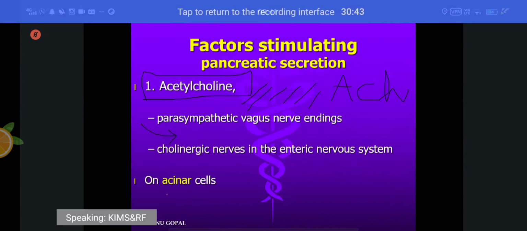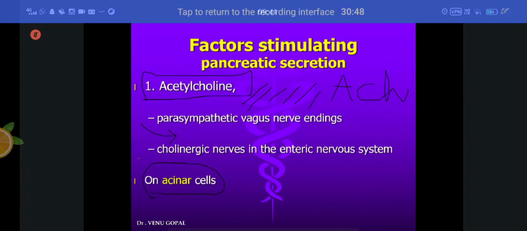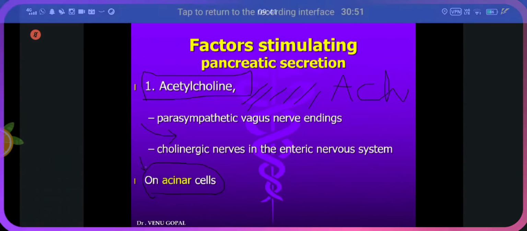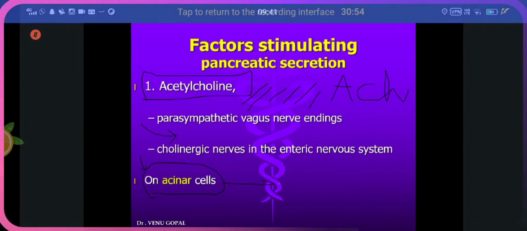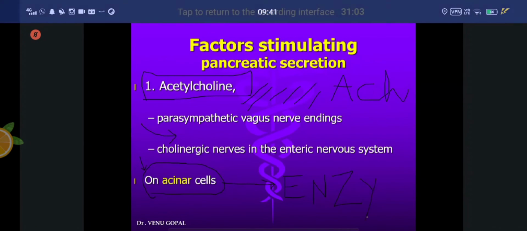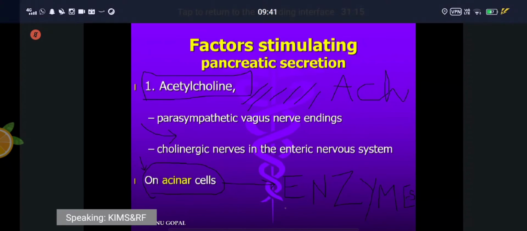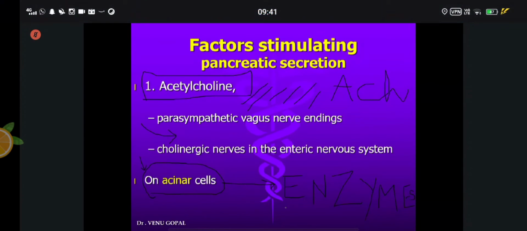This acetylcholine is going to stimulate, acting on the serous cells. That is also important. Writing that acetylcholine is targeting specifically the serous cell to produce enzymes, that you need to get a complete mark. This is important. If you write everything in a clumsy manner, you don't get a correct mark. You may get a pass mark, but not the correct mark. You will release enzymes because acetylcholine is acting on the serous cells. Therefore, whatever textbook you are following, just go through that in the evening. Be keen and accurate with the presentation.